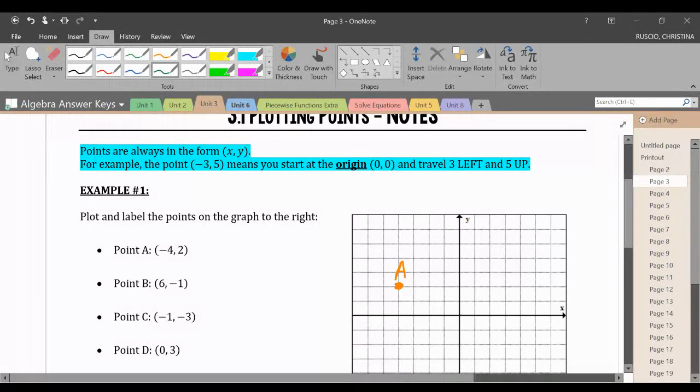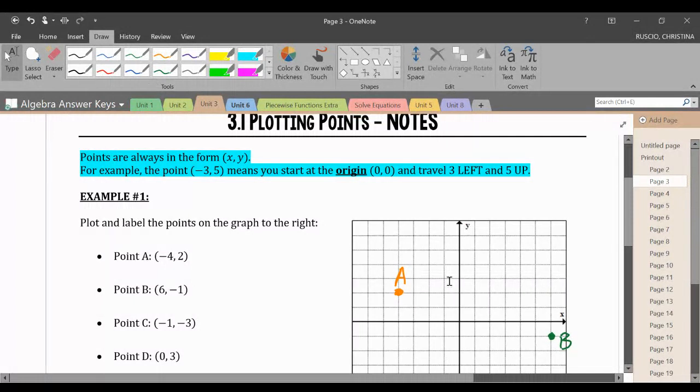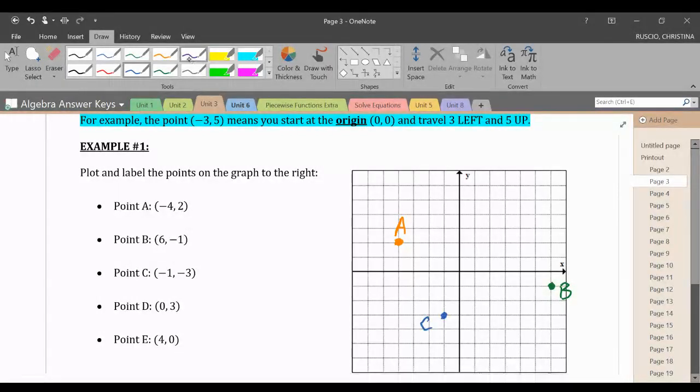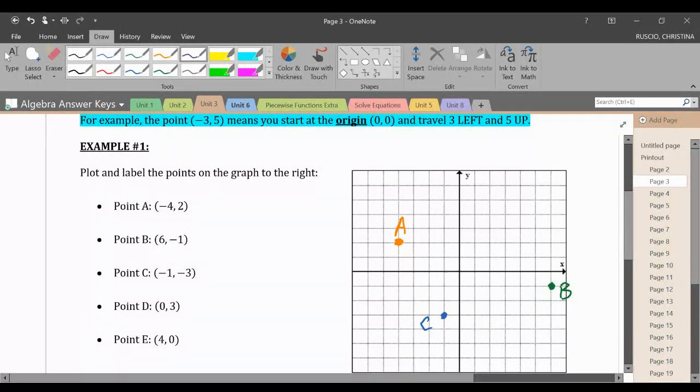So we're going to start at the origin right here at the center, and we're going to go over 1, 2, 3, 4, 5, 6, and go down 1 because it's a -1. Point C is the point -1, so 1 to the left and 3 down. 1 to the left, 3 down is C. D is the point 0, so I'm not going to go left or right, but I'm going to go up